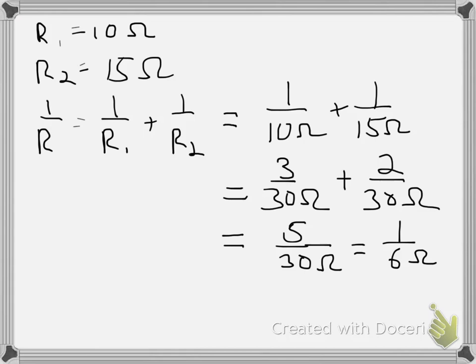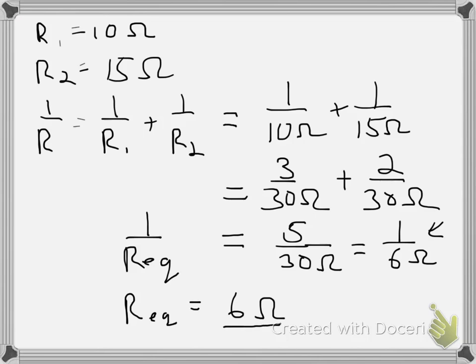Now, what I've done is I've calculated 1 over my equivalent resistance. And that's not a G, should be a Q. So if I want to find the actual equivalent resistance, I'm going to have to flip this fraction over. Notice if I flip both sides of this equation, and the mathematical term would be I take the inverse of both of these terms, I get R equivalent is equal to 6 ohms. And that's nice and pretty. In general, you shouldn't expect it to be a nice number like this. You're probably going to get a fraction on the right side of this equation. That's totally okay. But in this case, I get a